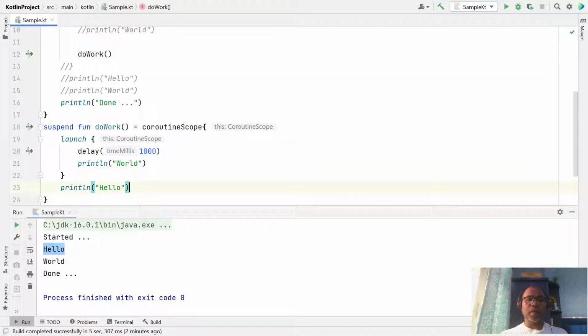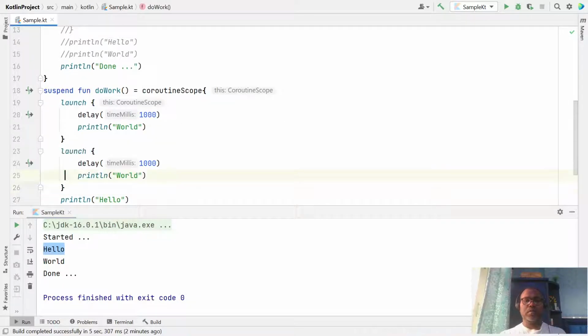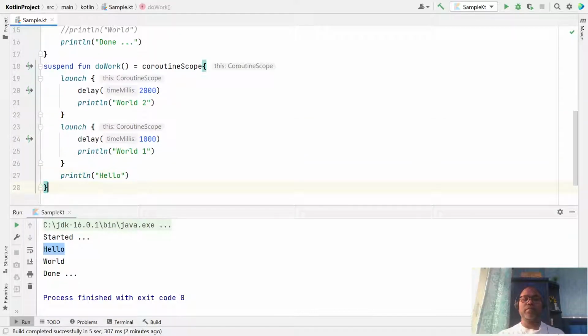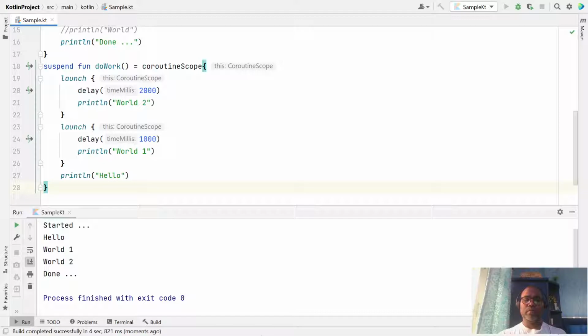Let us see in our code, where we have another launch block. This is the 1, this is the 2, let's give 2 seconds and 1 second. So we have options: sometimes one launch block or two launch blocks, hello, then world, then two. It works as expected, and the output comes.